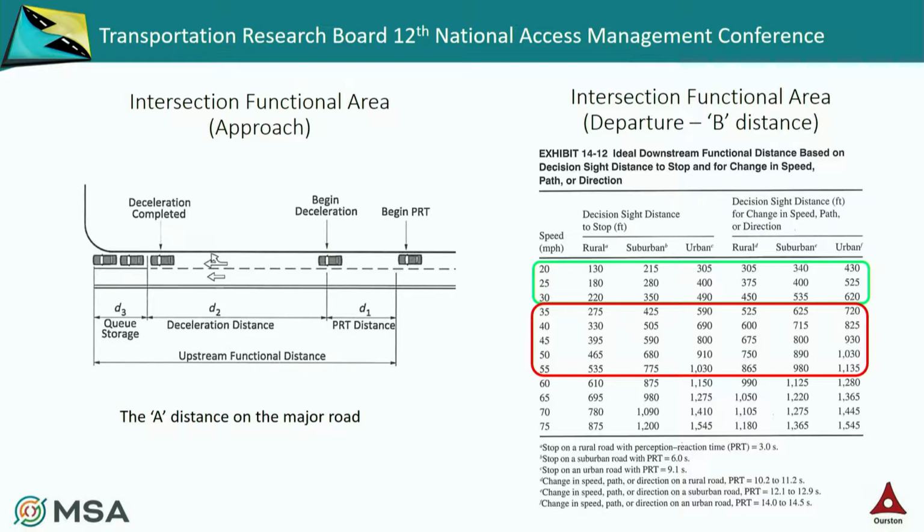We look at the top three, the 20 through 30 mile per hour ranges, as where all roundabouts should fall, because the design speed for entering roundabouts should be 30 miles an hour or less. In some cases they're 25 or 20, whereas almost all traffic signal situations are between 35 and 55. There are very few intersections with traffic signals that are designed for a speed less than 35 miles an hour. So you can see right off the bat that there's a difference in those distances as you approach a roundabout for functional area,